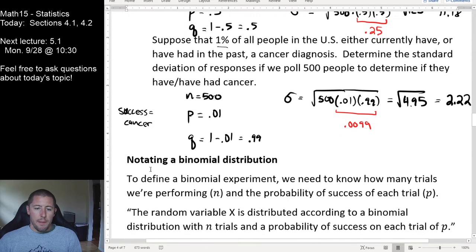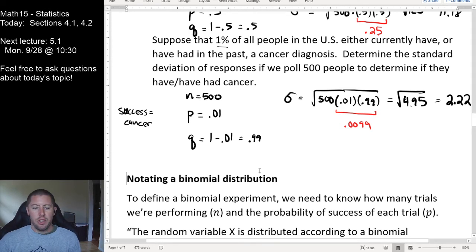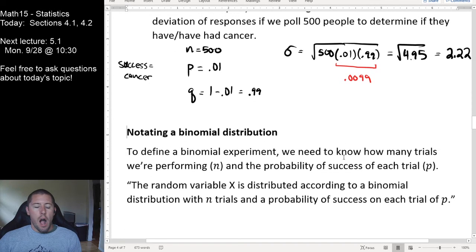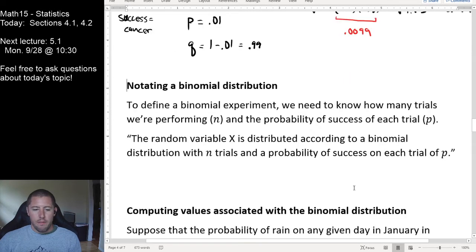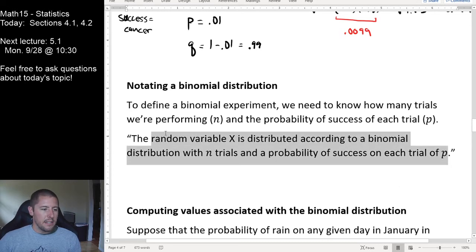So there's our computation of our basic statistics, mean and standard deviation. Those are things that we always are interested in for every distribution. Other things that we're interested in for every distribution is notating that distribution. How do I describe this without having to write a whole two-line sentence? No mathematician on earth wants to write out something like that every single time they have to indicate